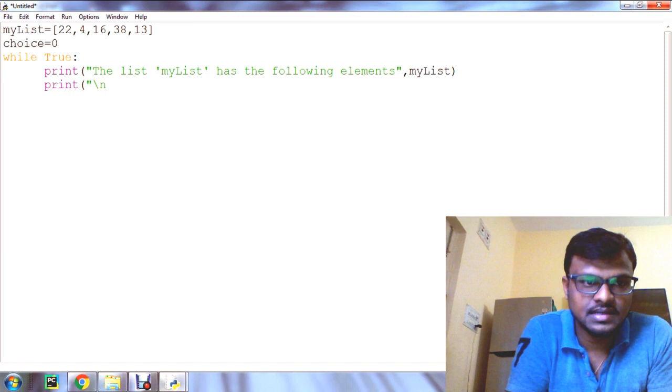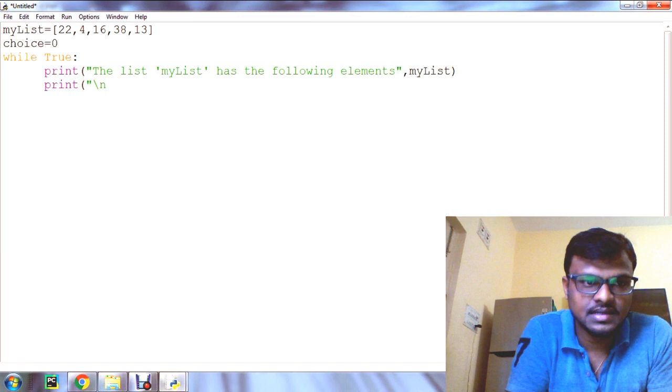It should be appended to our original list, that is mylist. For that, call the mylist dot append function, then pass the element here. We have discussed all these things in the built-in functions of list, right? The same thing we are demonstrating here in our program. So mylist dot append of element.